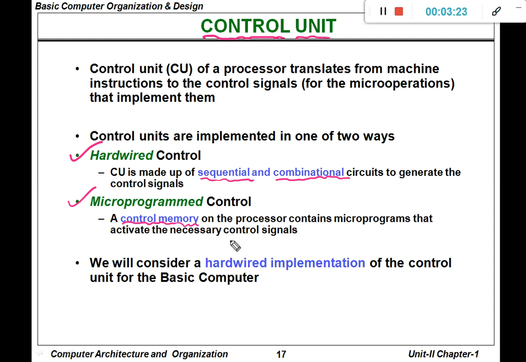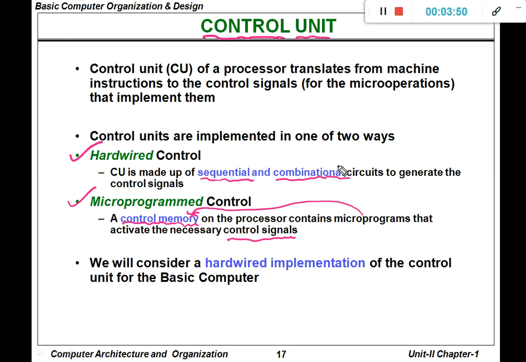The control program is going to generate the control signals, and this control program is stored in control memory. Like a software program, we have a control program, which is a microprogram, stored in control memory, and it provides the control signals.